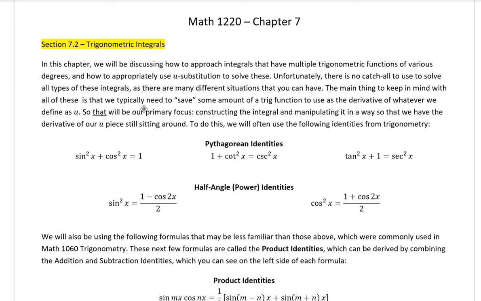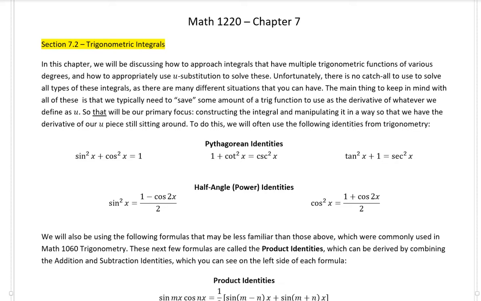In this video, we're going to be going through section 7.2, Trigonometric Integrals. Now, in this section, we will really not be introducing any new method of solving integrals. For example, in section 7.1, we talked about integration by parts, which was really a different method to approach different integrals. What we're going to be talking about now are where we have multiple trig functions inside of an integral